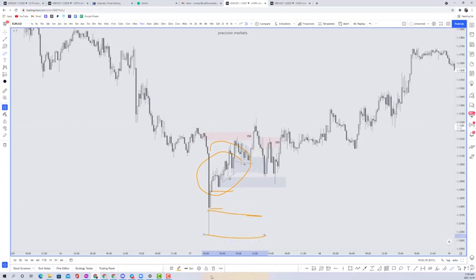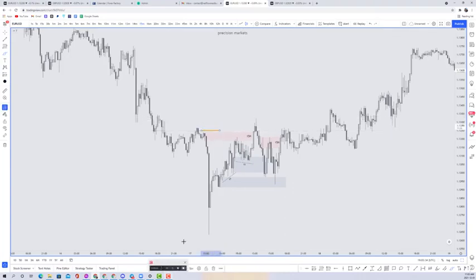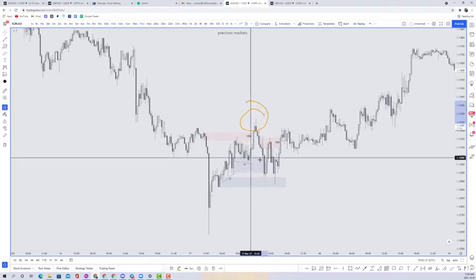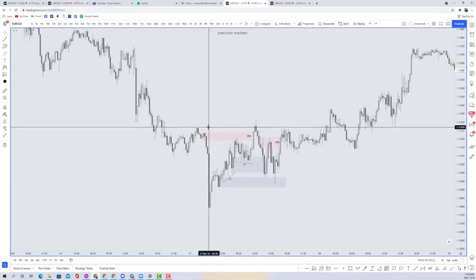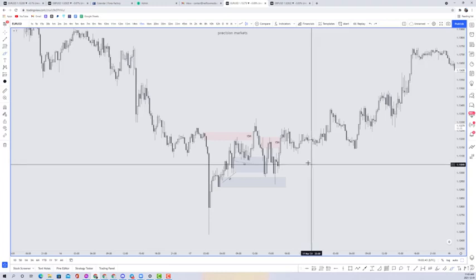and preferably we don't want to see price go down to the extreme after it took a supply, because this did create new bullish structure on the 15 at the time. I believe, yes, it did. Again, so moving forward now,